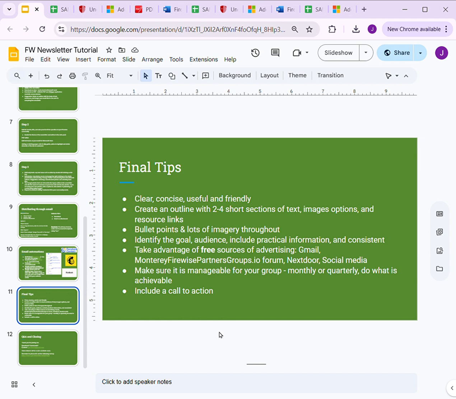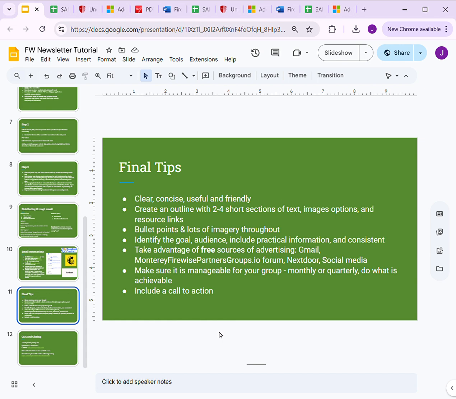Identify the goal and audience, and make sure to include practical information and do what is consistent for you. Take advantage of free advertising resources such as the Gmail, Monterey Firewise Partners Groups.io forum, Nextdoor, and any social media sites that you see fit to distribute your newsletter.